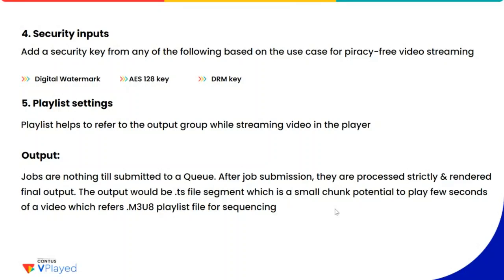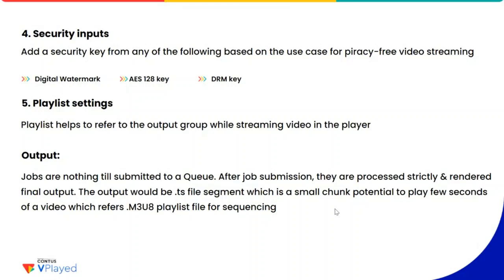So once it's been done, finally it will come as a bundle of package. The bundle of package is nothing but a package that will have the audio file and video file converted as secured streams, along with the metadata details. Everything will be available as a bundle of package. That bundle of package, we call it a manifest file.